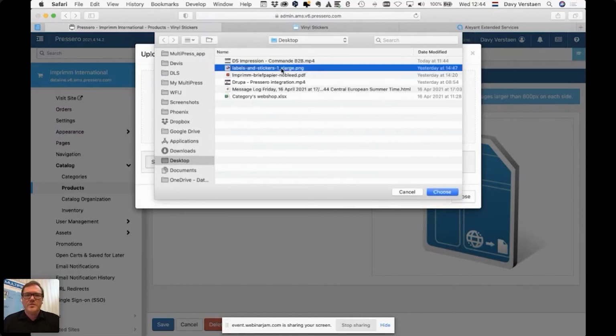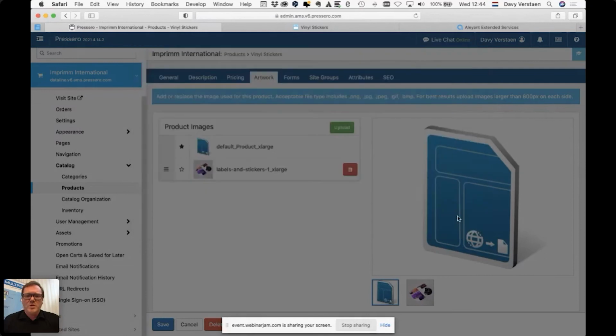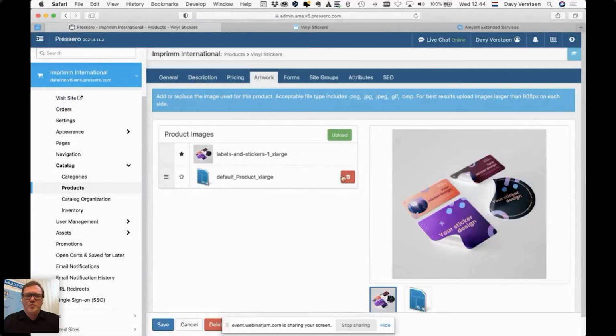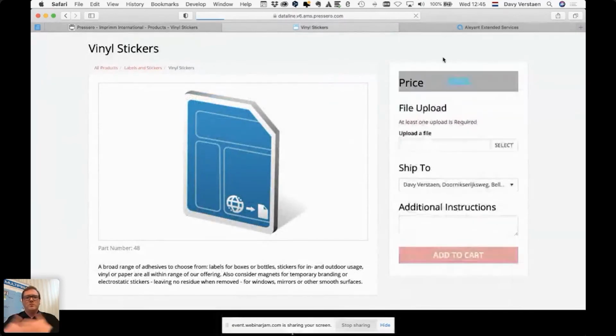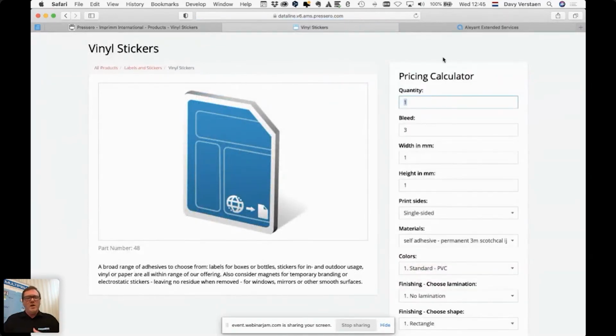Voila. This has been uploaded, so I'm going to remove the original image. Refresh, ready to sell. Now, if I'm a customer, the only thing I'll need to do is say here, for